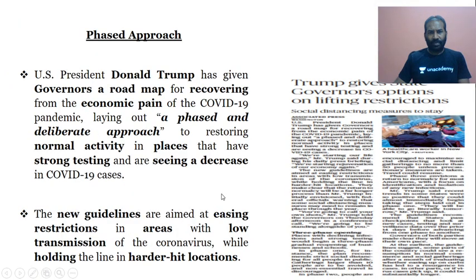So this is all about it. And then you have a next topic in regards to Trump again. Trump gives state governors the option on lifting restrictions. So look at, it is in regards to the federal structure,